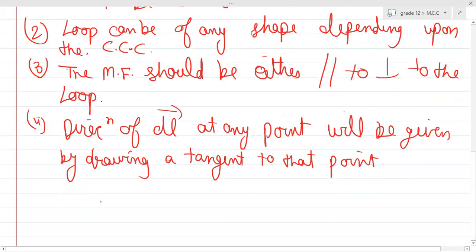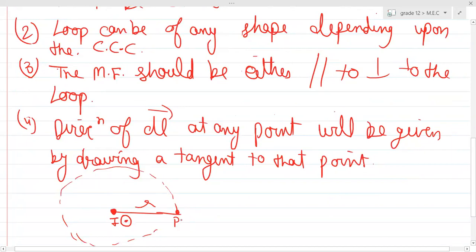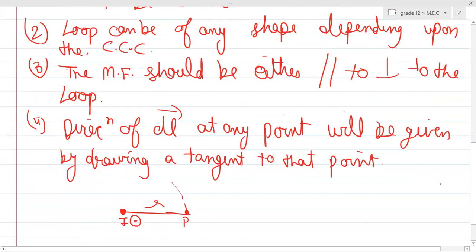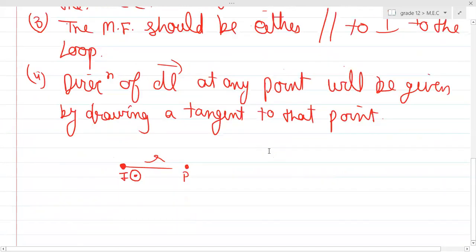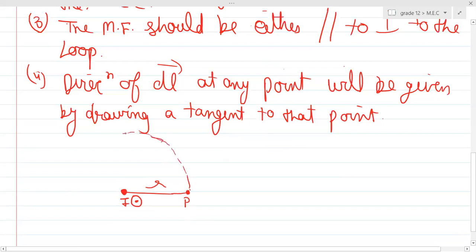So suppose this is the current carrying wire. Can you see this current carrying wire, guys? And I want to find out the magnetic field at point B at a distance r. So what will I do? I'll choose an Amperian loop like this. Yes, sir. So once I've chosen an Amperian loop like this, what will I do after this? This is the Amperian loop.